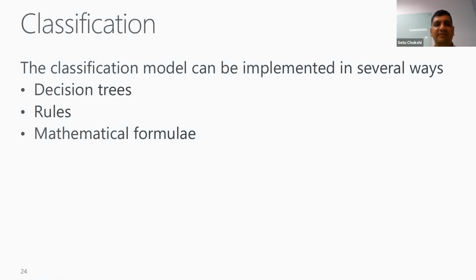And for categorical features, I'll come back to it later, when we have done some algorithm designs and work from there. But having said that, decision trees is one way of doing classification. Sometimes simple rules can work out as well. And then, mathematical formulas are some of them.